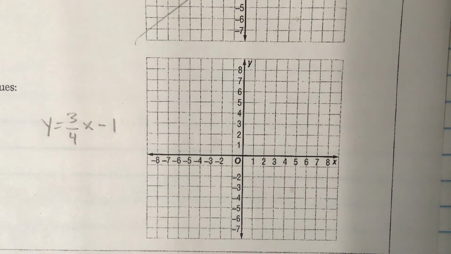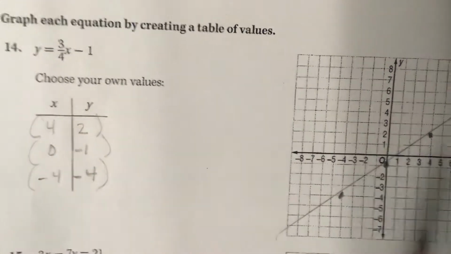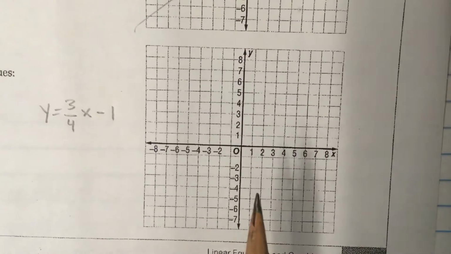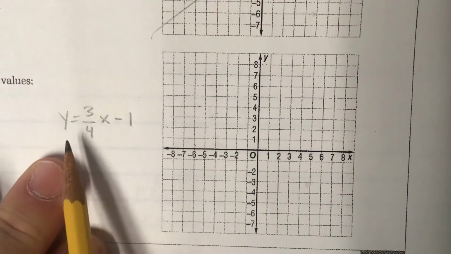All right, in the previous problem, we plotted this line, this equation, and we graphed it out onto there. And I'm going to show you a quicker way to do this same thing, because we already have this